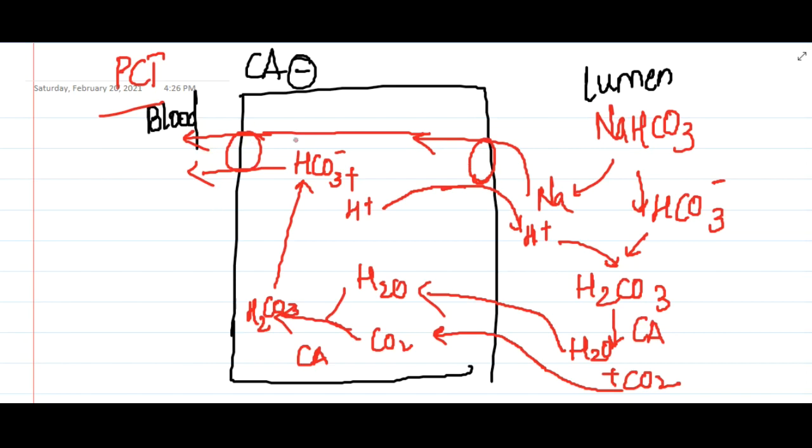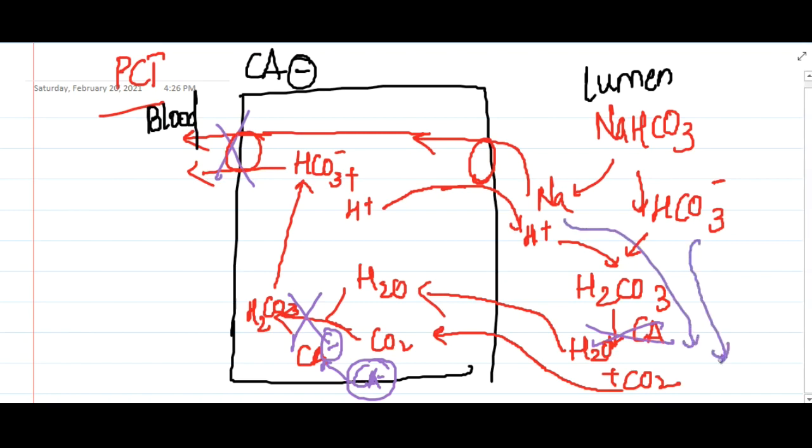Okay, now this is the normal cycle which occurs in PCT. If we give carbonic anhydrase inhibitors, these inhibitors will block this step, and they will also block this step. So as a result, they will prevent the reabsorption of sodium and bicarbonate. They will make this sodium and bicarbonate to be excreted in the urine, and as a result they cause